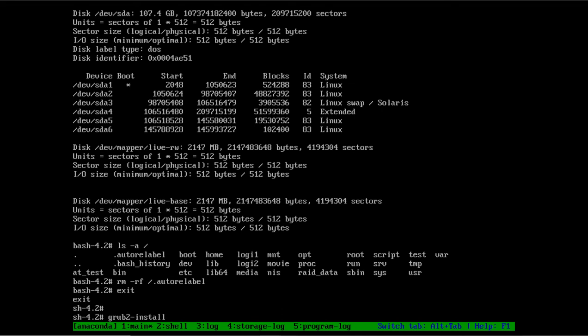Reinstall the grub by using this command, grub2-install, and then we have to mention the partition on the hard disk where we have to reinstall the grub. So we have to mention this to reinstall the grub. So if suppose our grub is also not working, then we can come to the rescue mode and also reinstall the grub. Now I will exit from here when I am done, and it is going to start normally.